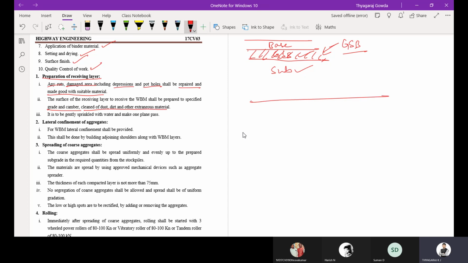So you have to provide a camber like this. On the top we are going to get the camber like this. From the GSB layer only you are going to provide this grade and camber, and it is gently sprinkled with water and given one plain pass. As we all know, in the subgrade you sprinkle the water 2 times and give 2 plain passes. Here you sprinkle the water only once and give a single plain pass